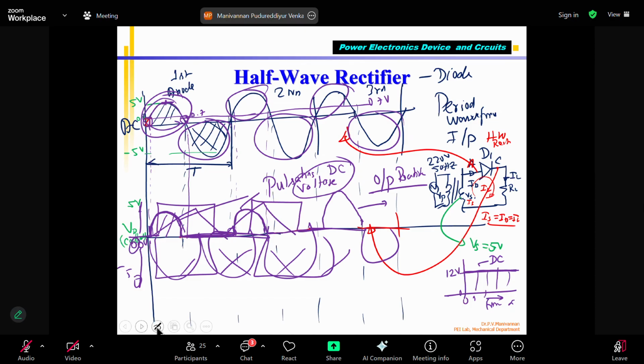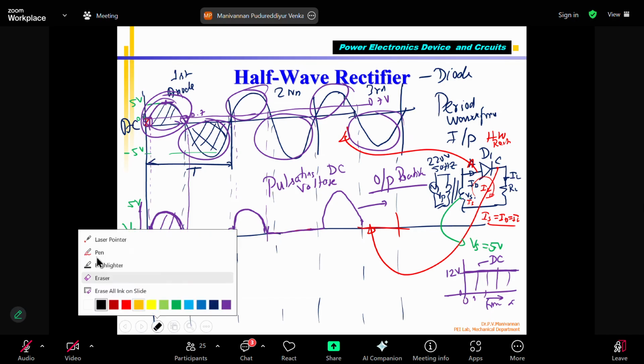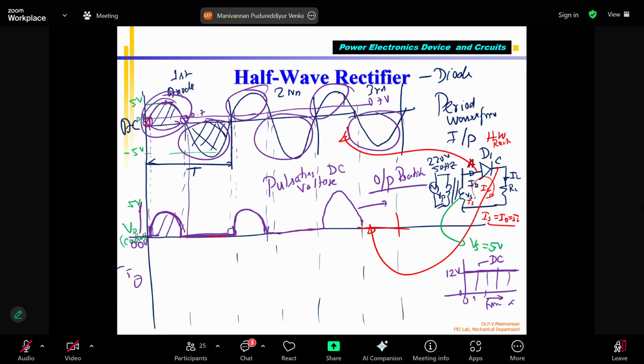So in this case, what I said is that the voltage output of your diode or rectifier circuit is nothing but pulsating DC voltage. Correct? So that is called rectification: the process of removing the negative side of the AC voltage and allowing only positive voltage to appear at the load. Where does the voltage go? The voltage is applied across the load resistance. So the load receives